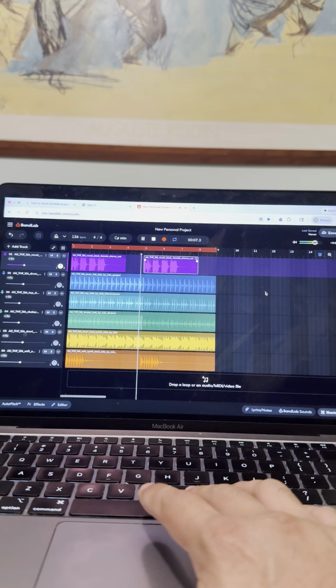Okay, so now I can, let's view this in full screen here. I'm going to click BandLab Sounds over here so that goes away. So now I just have this screen here. What I like to do is highlight everything and drag it all to the beginning. Okay, so they're not all the same size, but they kind of are. Now, notice